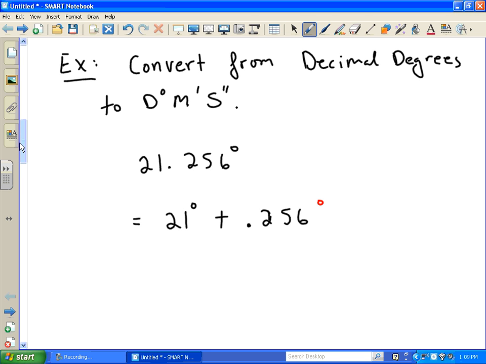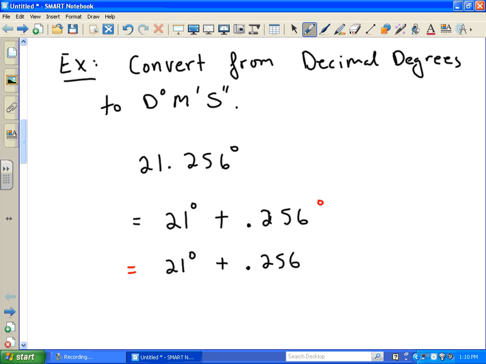Now, you cannot convert decimal degrees immediately to degrees, minutes, and seconds. You have to do it a piece at a time. In other words, you would first go from degrees to minutes, and then you would go from minutes to seconds. So we're going to have to do this in a couple of steps. Okay, on the next line down, what I will do is I will keep the 21 degrees, and then I will put on here